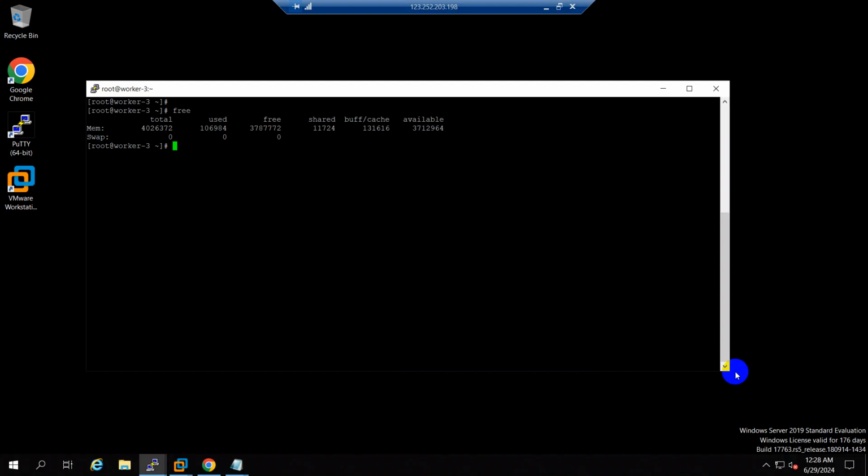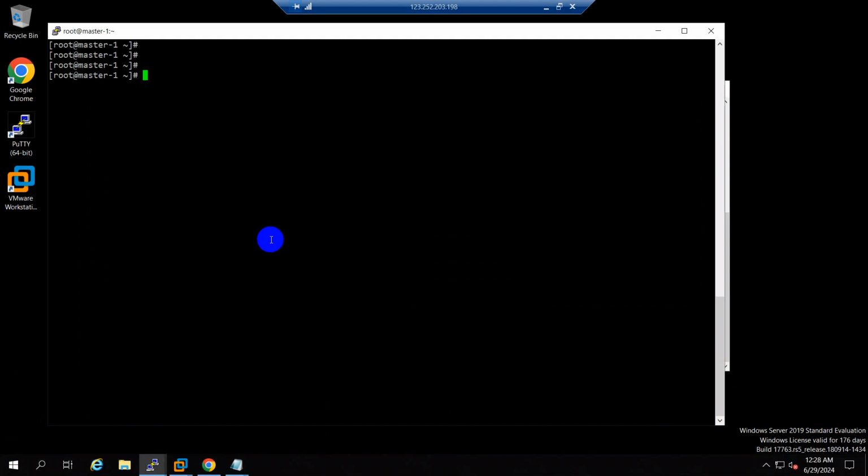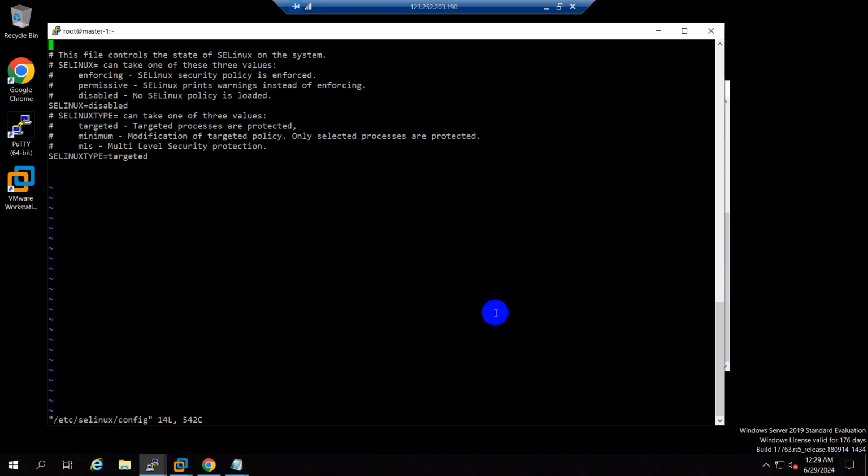Okay, SELinux. I forgot to mention a point on master, that your SELinux should be disabled. My bad. If I would like to check whether SELinux is disabled or not, you can execute the command getenforce. If you execute the getenforce command, you would be able to see that your SELinux feature is disabled. But how do I disable this particular feature? There is a file which I need to modify. So open the file vi /etc/selinux/config. If I press enter,